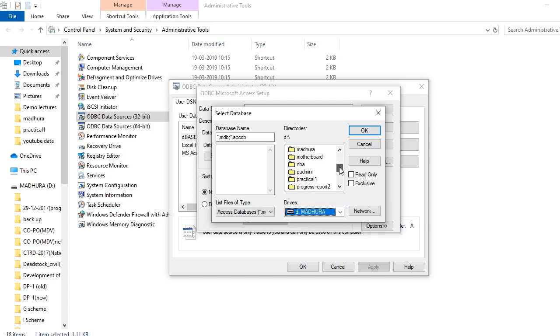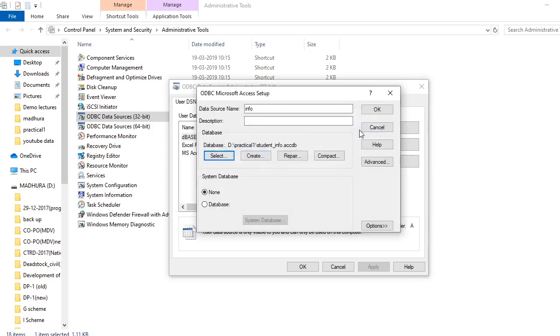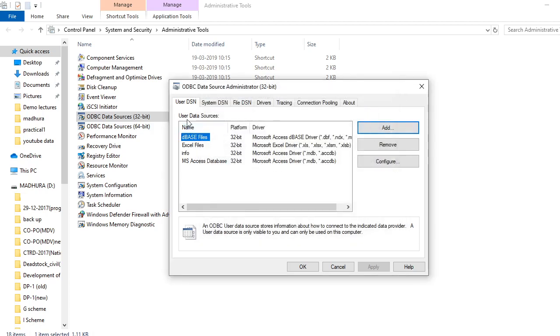Select our folder practical number 1, in which we have already created the database student info. Just click here, the database name will appear. Click on OK. Okay, so the data source name is now info, and the database location is the D drive, practical 1 folder. Click on the OK button. Now you can see that our info DSN is created successfully. So click on the OK button.